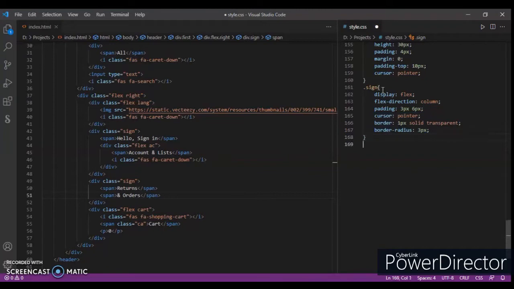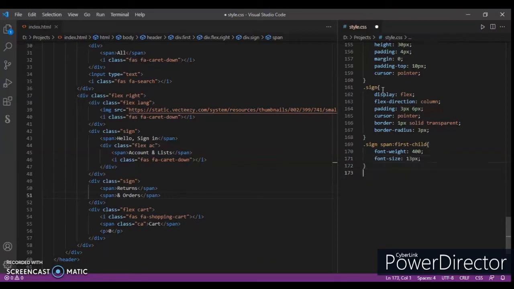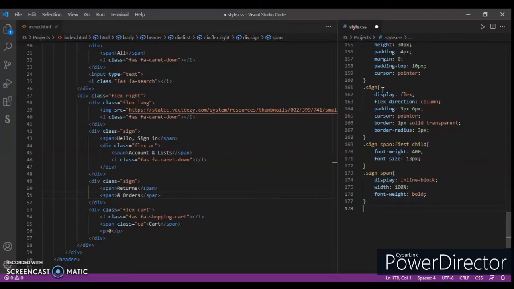Okay, now .sign and first-child: font-weight 400 and font-size 13 pixels. Okay. Now .sign span: display inline-block with width 100% and font-weight bold. Okay. .flex .ac span: